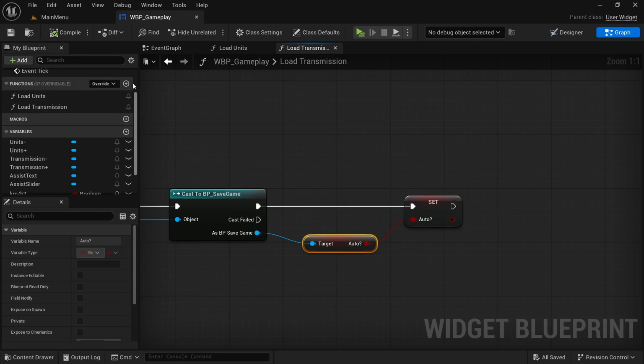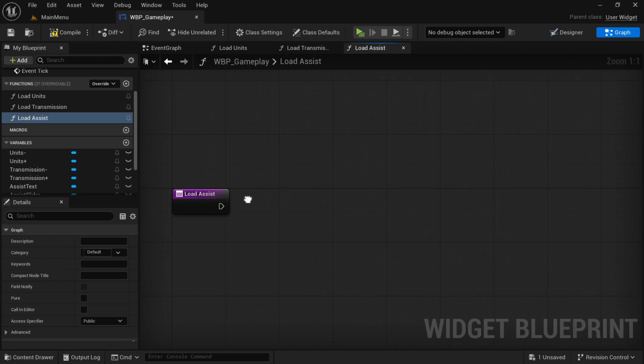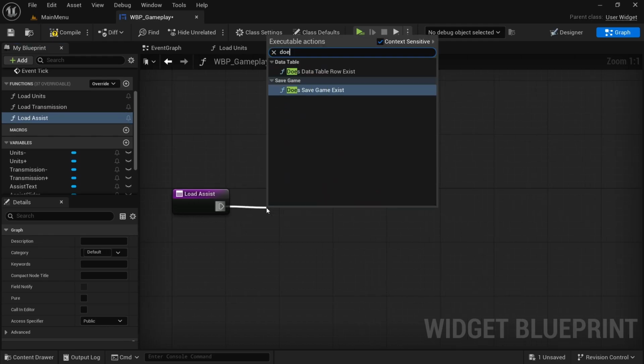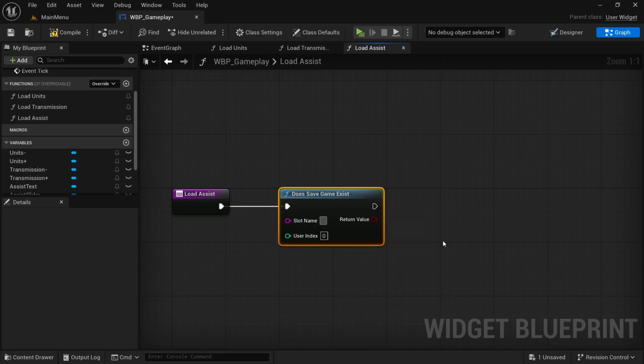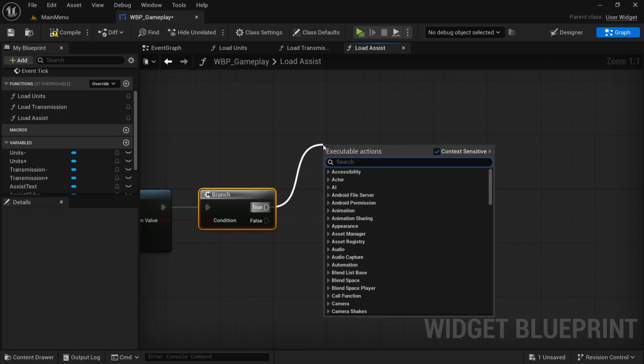We're going to create the last function, which is going to be called load assist. And then from here, we're going to do the same as what we did in the audio. So we're going to drag off and then look for does save game exist. Save game we're going to look for is counters tier. From the return value, drag off and then branch. From the true, drag off and then load